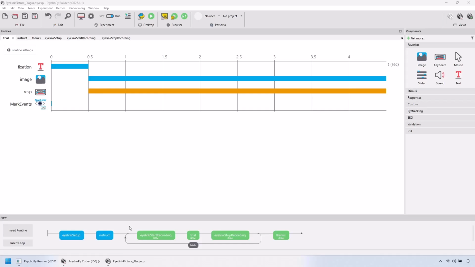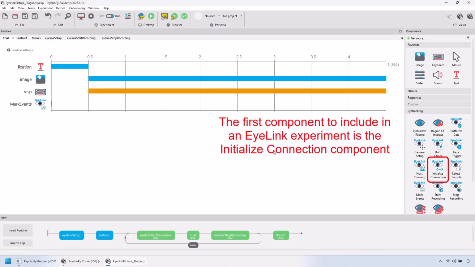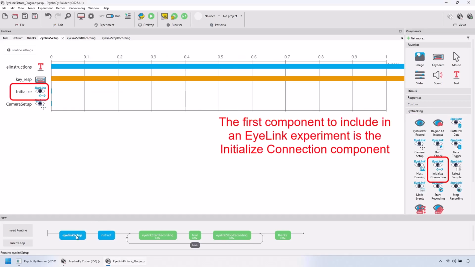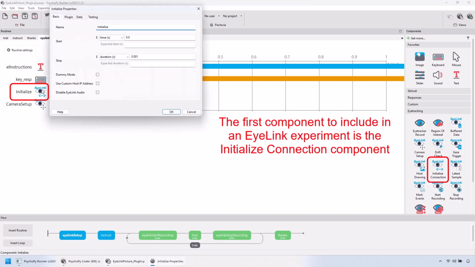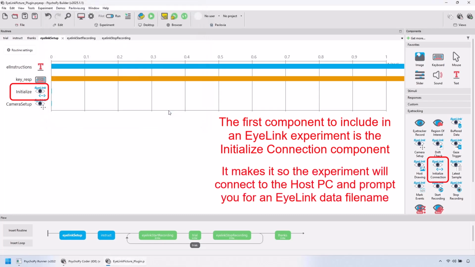Once the experiment settings have been configured properly, you can start adding EyeLink components to your experiment. The first thing you need to do is make it so your script will initialize a connection to the EyeLink Host PC by adding an initialize connection component somewhere near the beginning of the script. This component will open the Ethernet connection to the host PC, making it so that the experimental script can interact